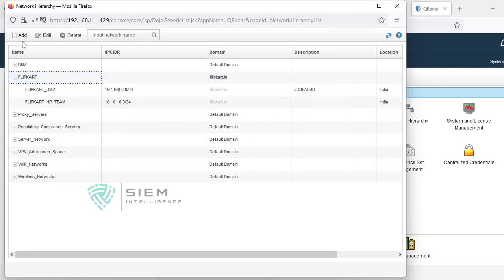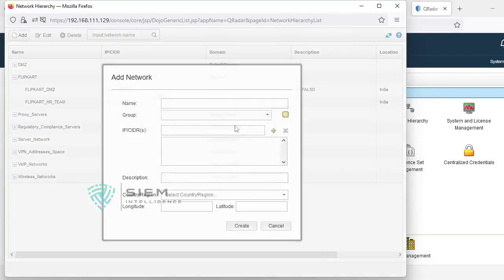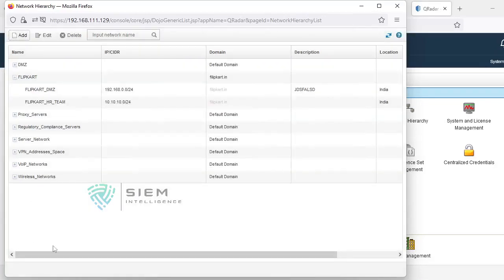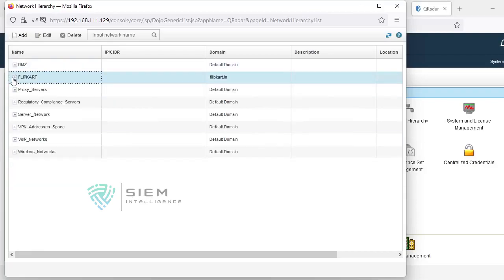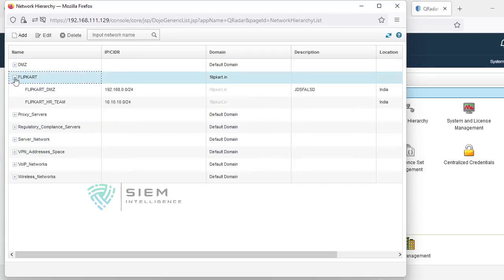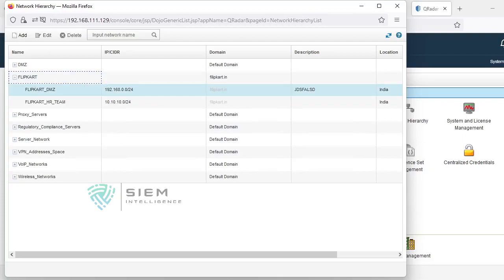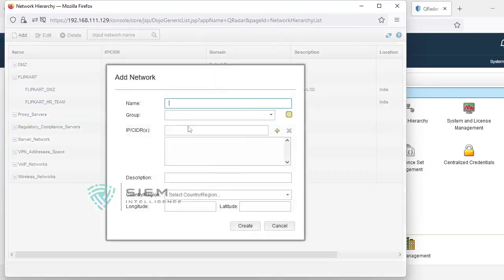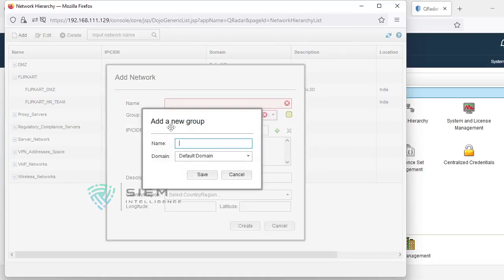Followed by, we have also created the Flipkart network hierarchy. First we have created one group from here. Here there is no direct option called adding a group. Whatever you are showing on the top, these are the groups first, that is the organization network name, Flipkart network. Over there we are specifying the VLANs, or you can say LAN details. From here only you can add. See, there is an option called manage, add a new group.